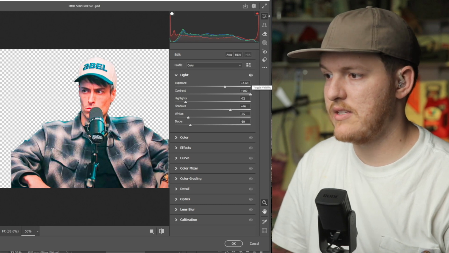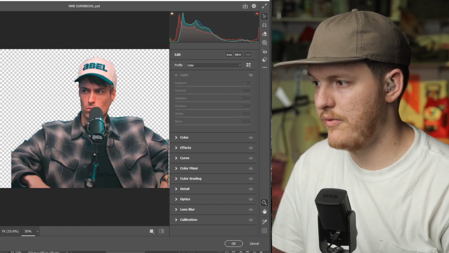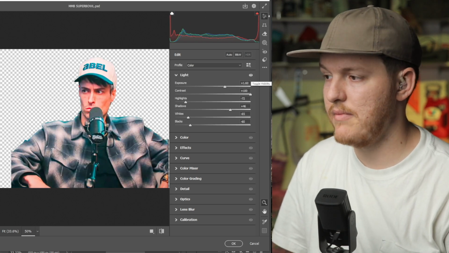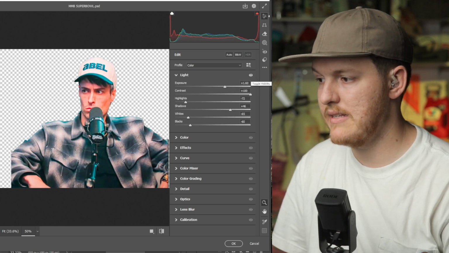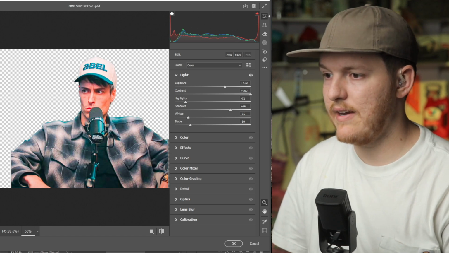Now, if we just toggle this, that is before, that's after, that's before, that's after. So you can tell we're already making this asset that's in the thumbnail brighter, which is gonna be amazing for click-through rate because it's making things pop more. But it doesn't end there. Here's how we get this